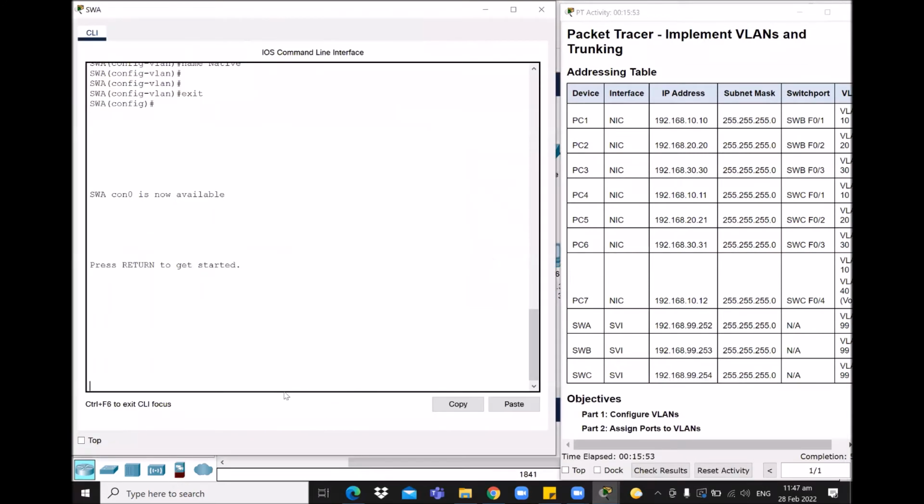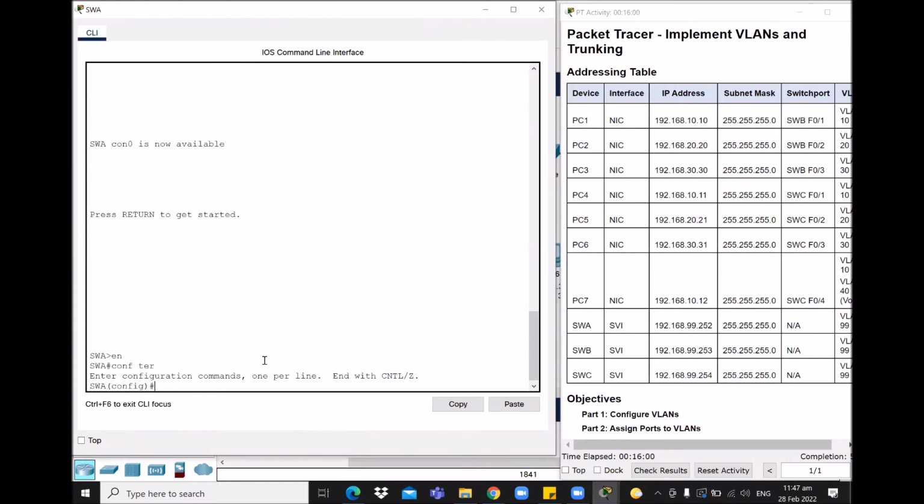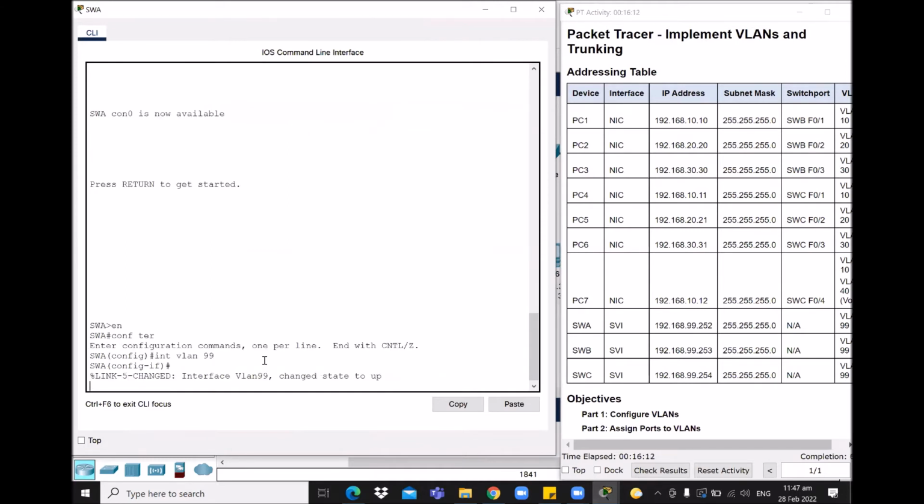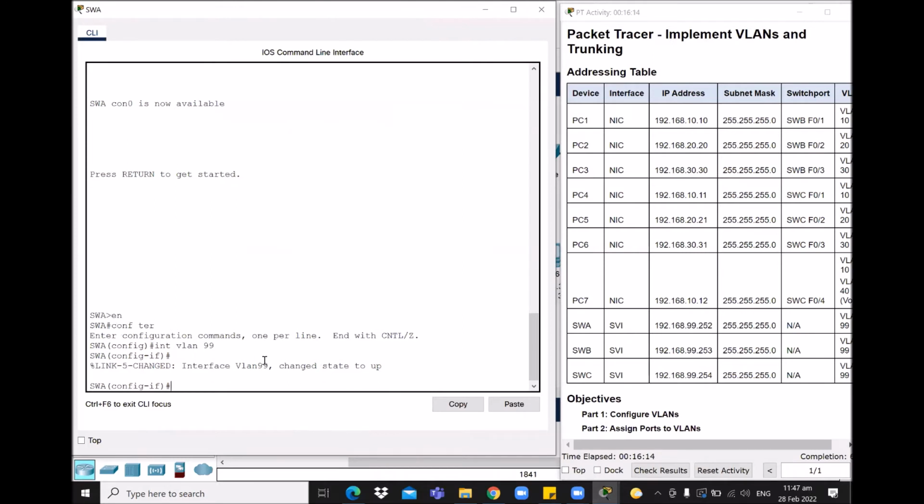Okay, so let's start with switch 1 first. So we again enable config terminal, and then we go to the interface. So interface VLAN 99. We've already created the VLAN 99 a while ago, right? And then we continue typing in with IP address. So this is the IP address assigned for the switch virtual interface for switch A. So the address should be